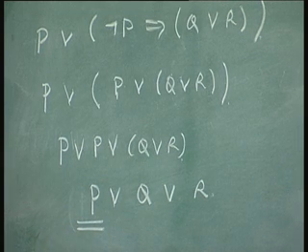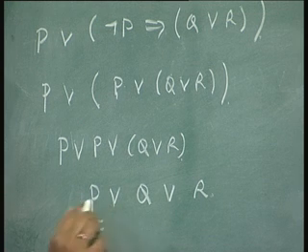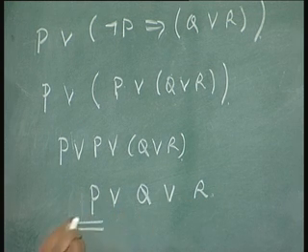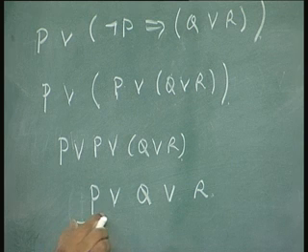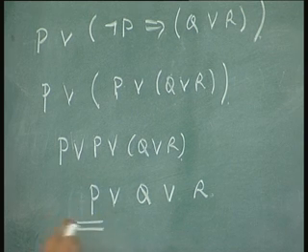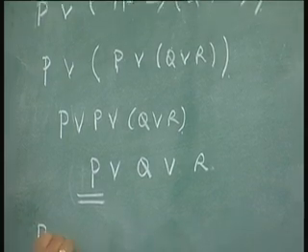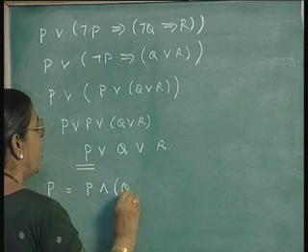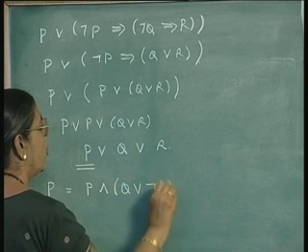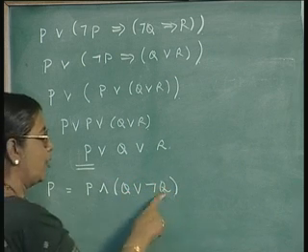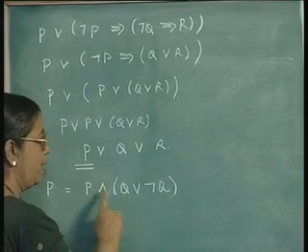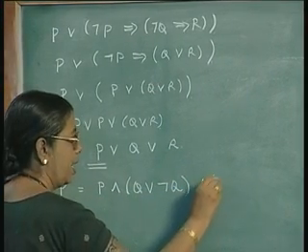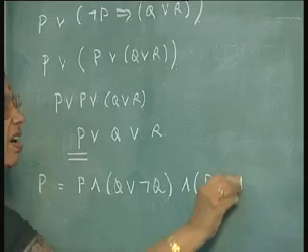Now, this is a sum of elementary products, but each one should be a minterm. This is not a minterm. So, we have to convert this into a minterm, for which you have to add the variables Q and R. Now, you know that P you can write like this: P is P and (Q or not Q), because Q or not Q is 1 and P and 1 is P. So, you can write like this, and (R or not R),